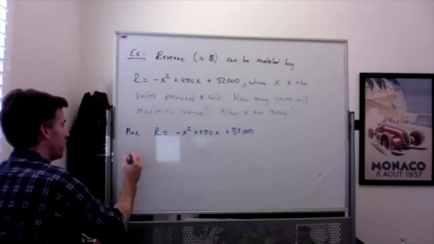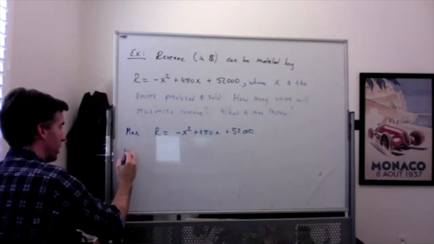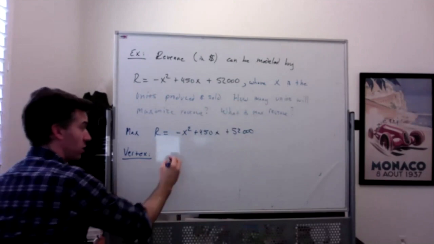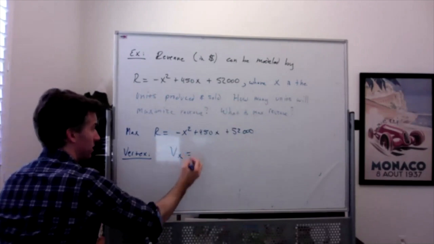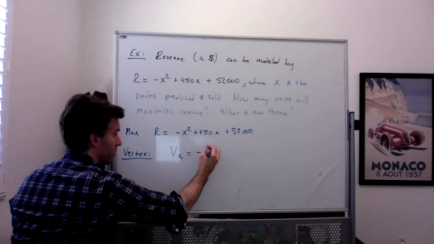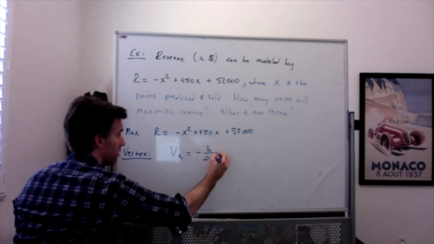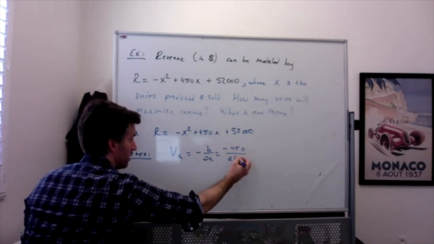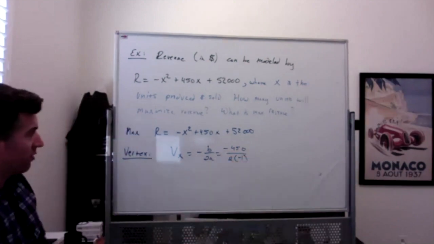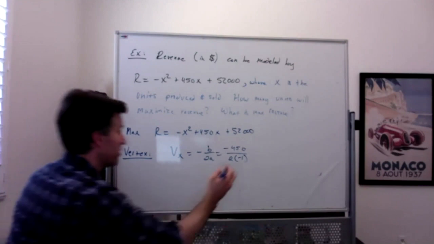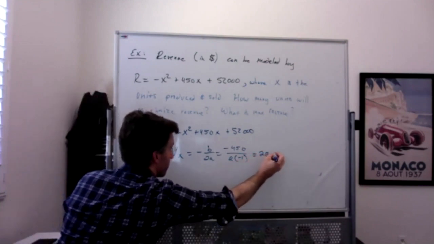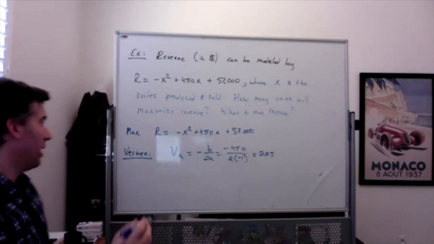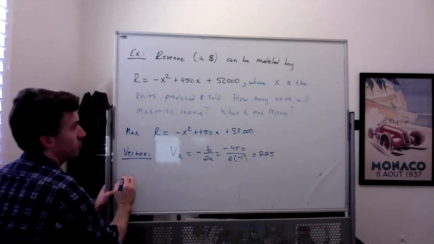So let's take a look. I want to find the vertex. The x coordinate is going to be negative b over 2a, which is negative 450 over 2 times negative 1. So 450 divided by 2 is 225. So what does that mean for us? It means that we should produce,